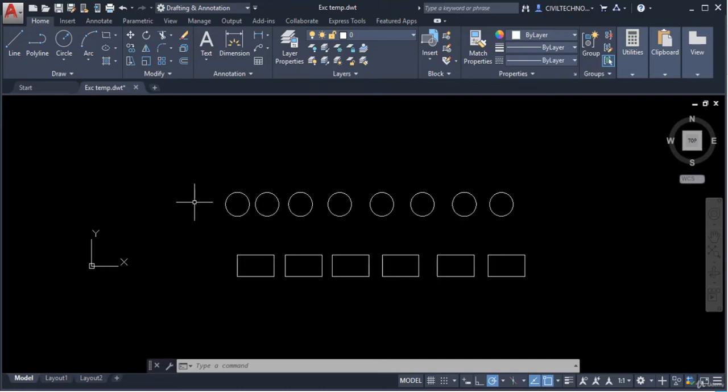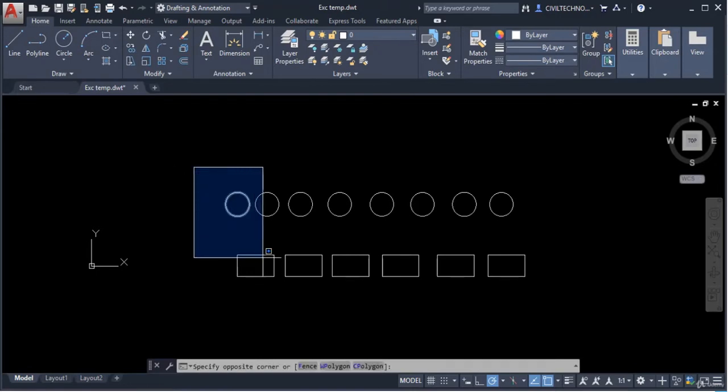Hello, in this video we will learn about how to make selection in AutoCAD. There are various methods to make selection in AutoCAD, and first we will learn about window selection. For example, I will click here and drag the mouse toward my right, and you can see here